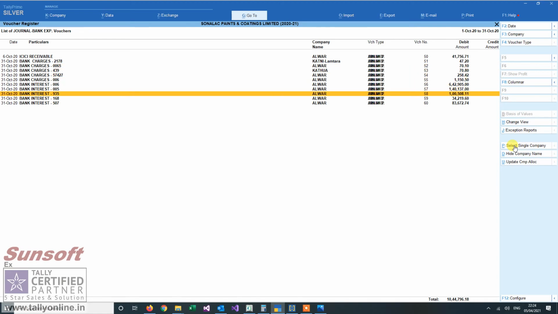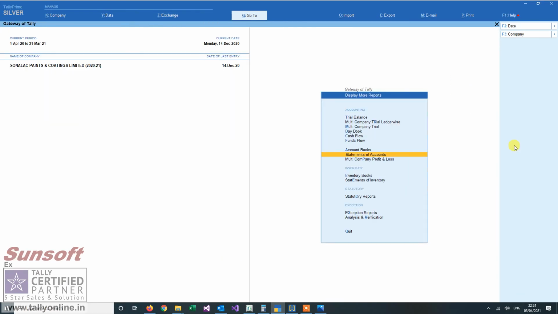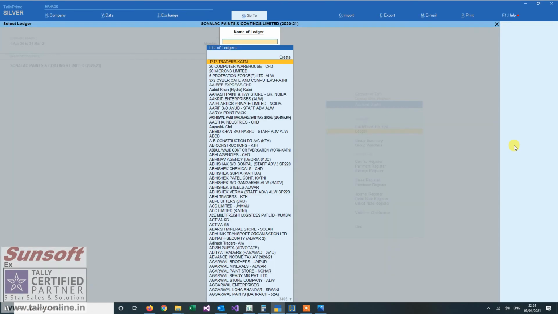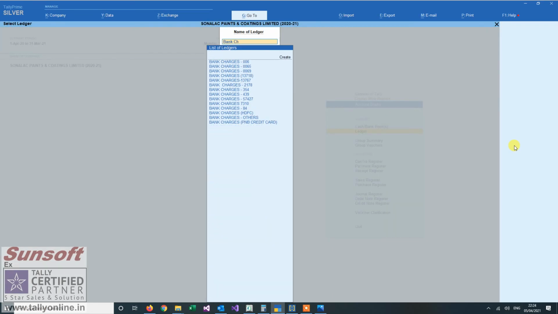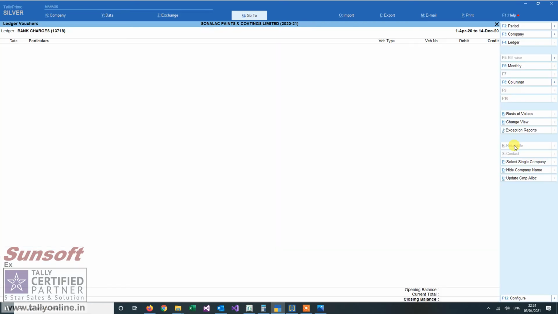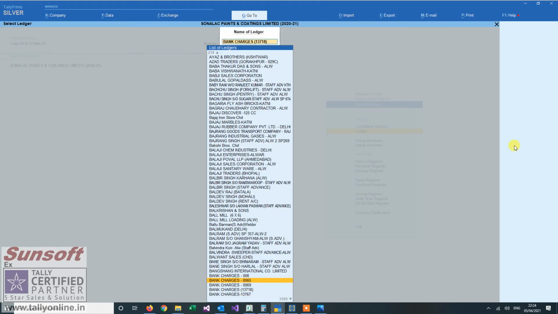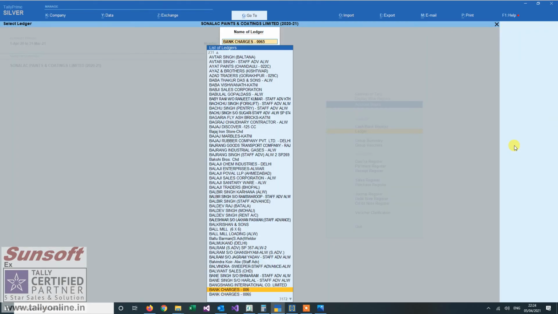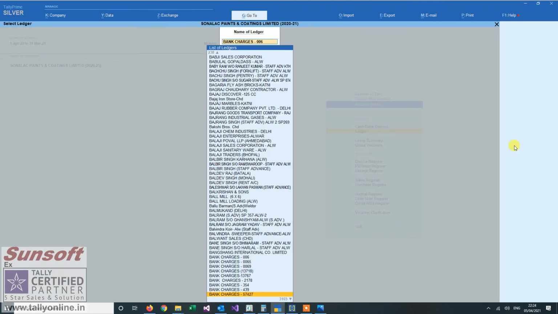Let me see a ledger of bank charges. I am trying to see data where I have multiple accounts so that we can see that.